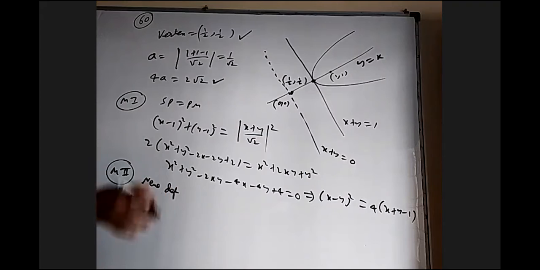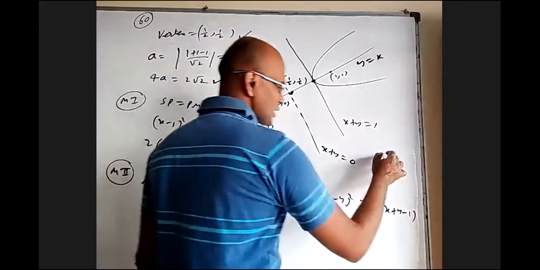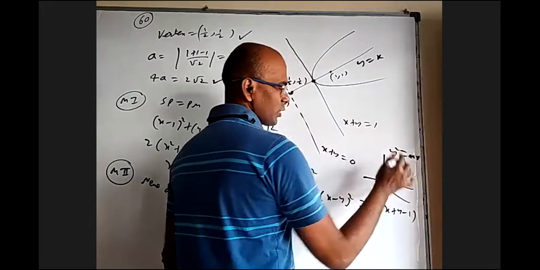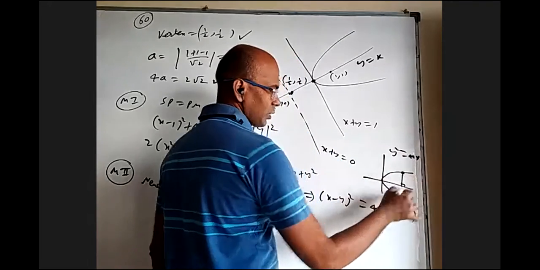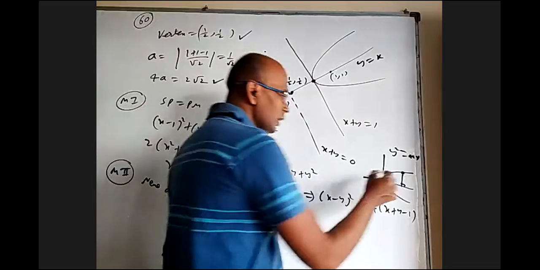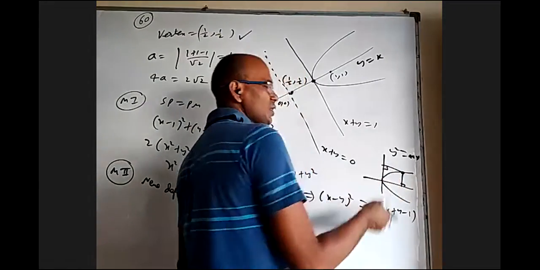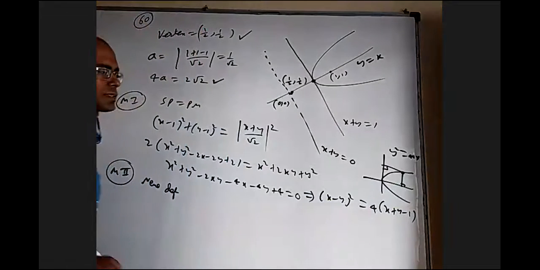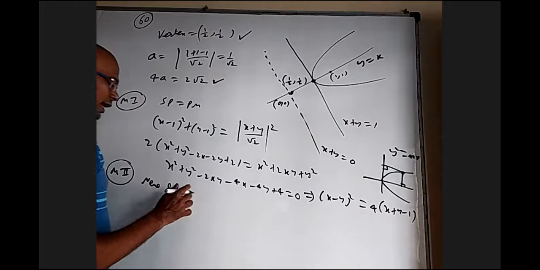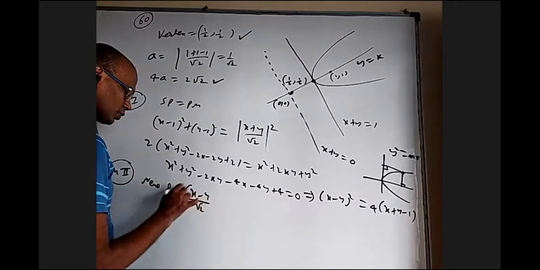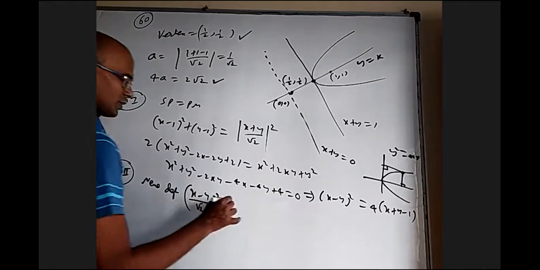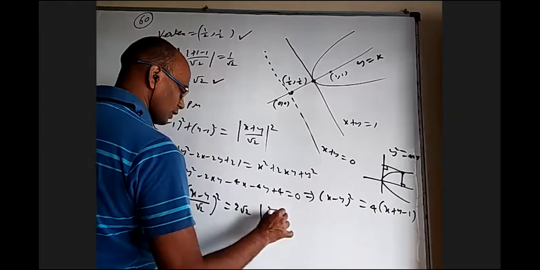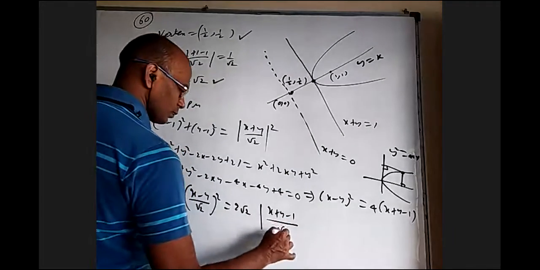What is the distance to axis? We interpreted y square equal to 4ax in another way, if you remember. Y square means from any point on the parabola, perpendicular distance to axis, square of that will be length of latus rectum into distance to tangent vertex, because x refers to distance from a point to y-axis, which is tangent vertex. Based on that, axis means (x minus y by root 2) whole square. Length of latus rectum is 2 root 2. Distance to tangent vertex is mod (x plus y minus 1) by root 2.